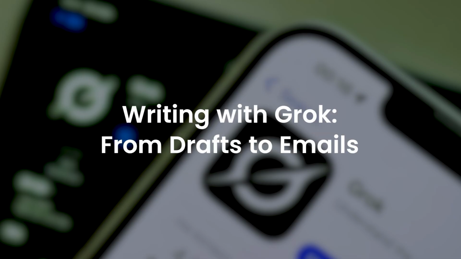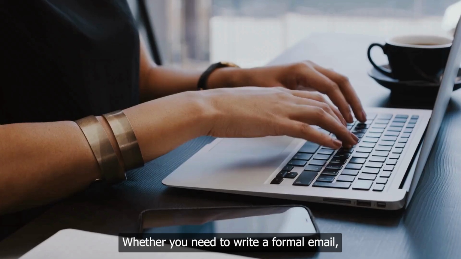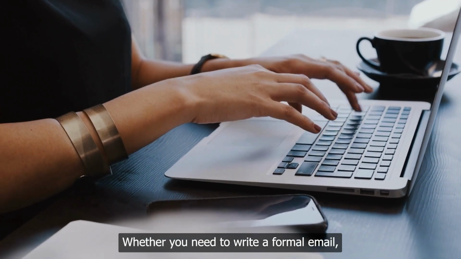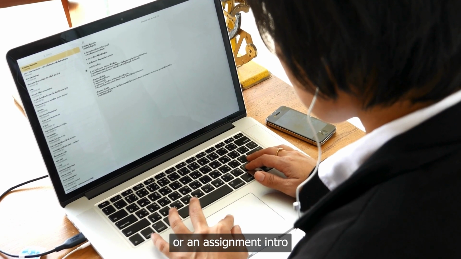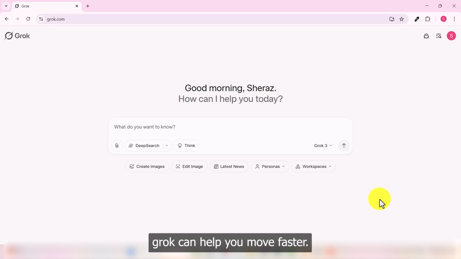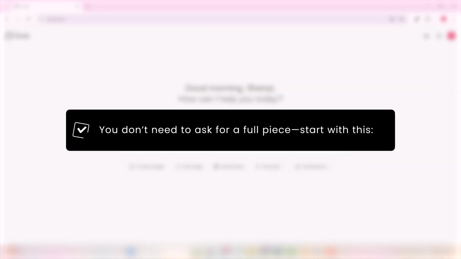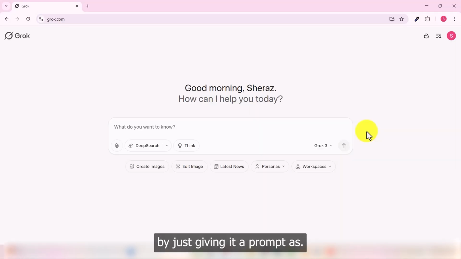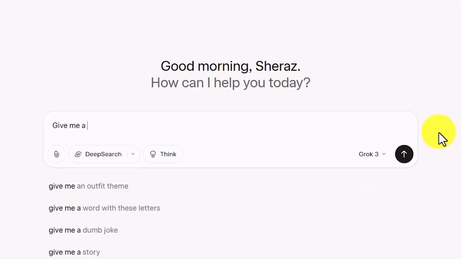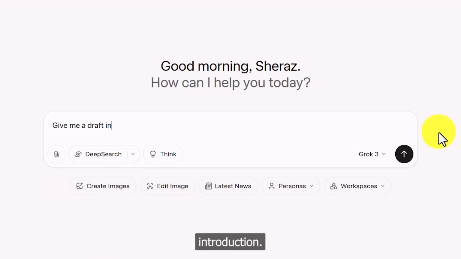Writing with Grok, from drafts to emails. Whether you need to write a formal email, a blog post, or an assignment intro, Grok can help you move faster. You don't need to ask for a full piece. Start with this by just giving it a prompt as give me a draft introduction